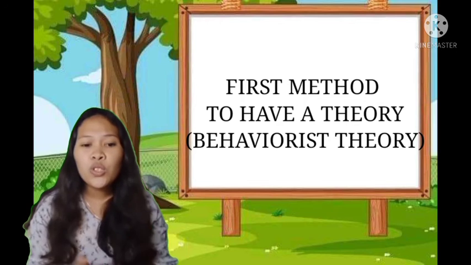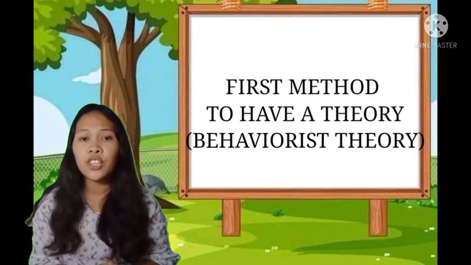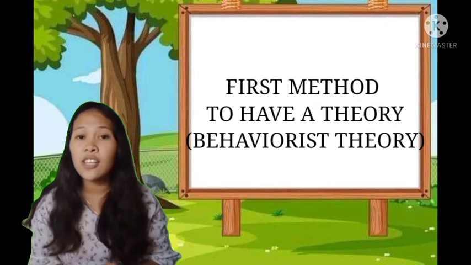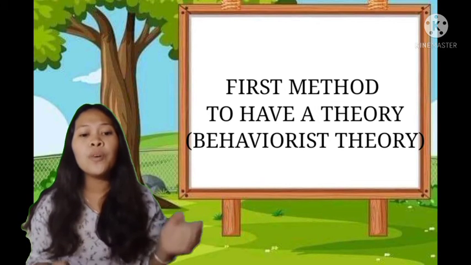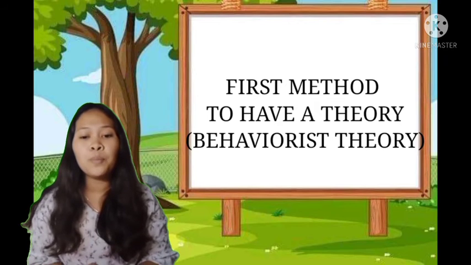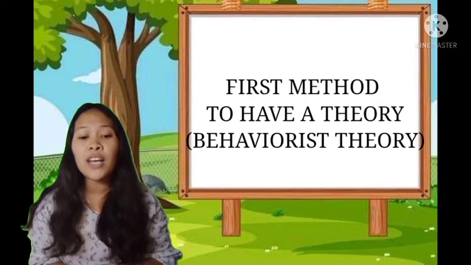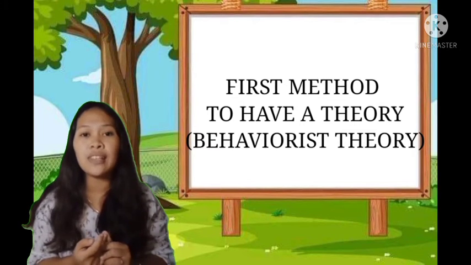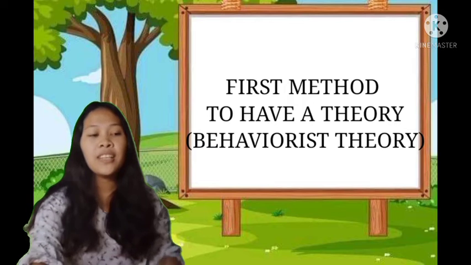Alright, it also was the first method to have a theory, which is the behaviorist theory, based on a psychological approach. It is an empirically based approach to the study of human behavior, where external processes, the stimulus, cause the change in the behavior of an individual. Next,